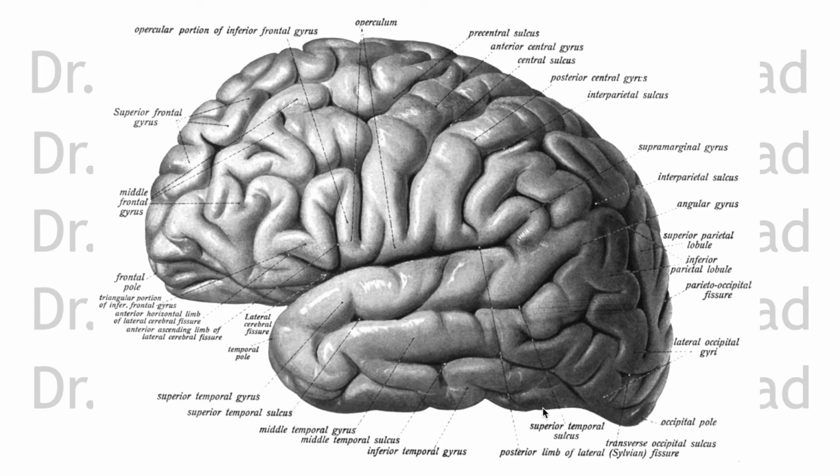Now, this is called the preoccipital notch. A line between the preoccipital notch and the tip of the parieto-occipital sulcus demarcates the occipital lobe from the rest of the brain, from the superolateral aspect. Okay,